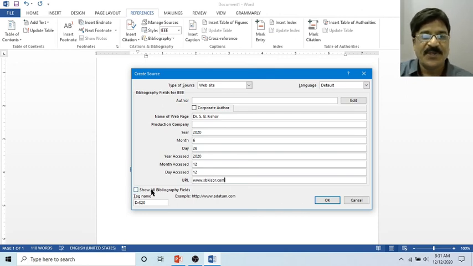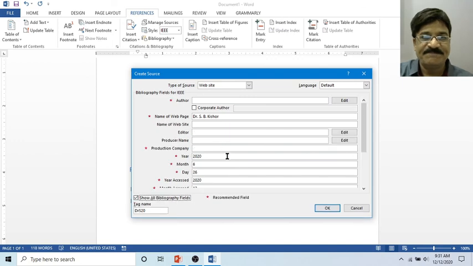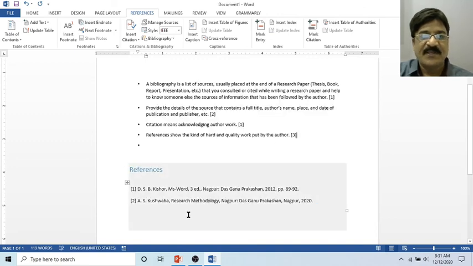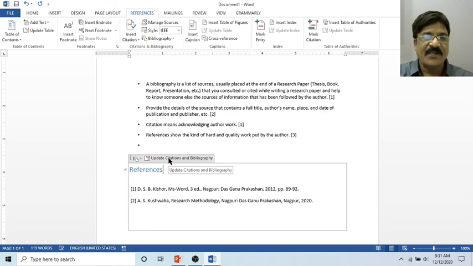You can also see some additional fields. You can specify the medium. Okay, and now observe that your reference list has not been updated after adding a new citation. So what you need to do is simply click over here and then click on Update Citation.